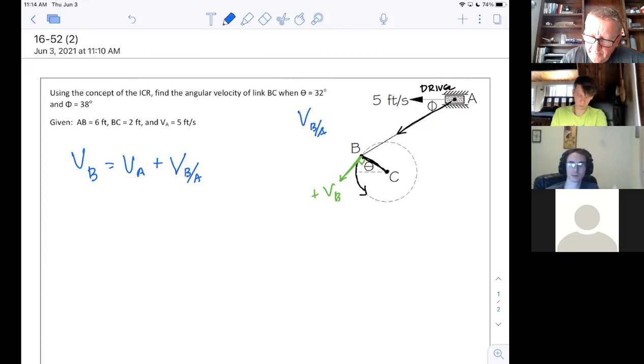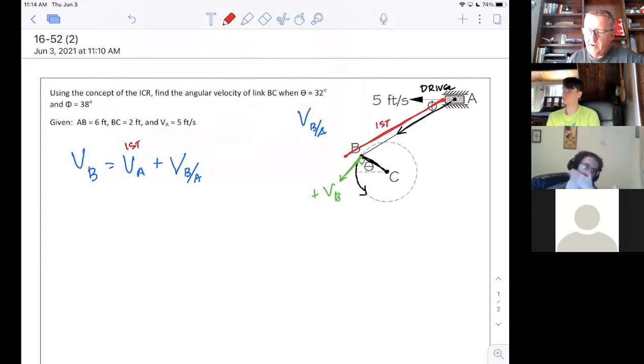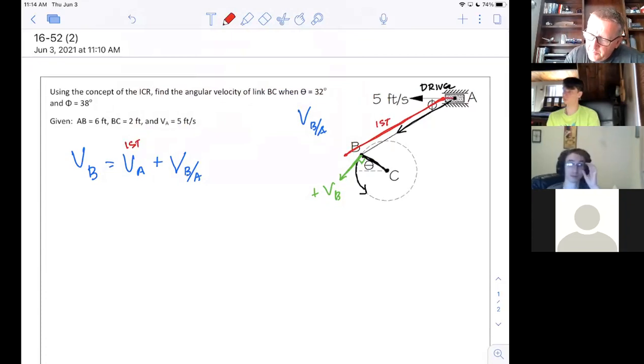So to reiterate from yesterday then, the first thing A is going to do, because I just showed it doing both at the same time. When I showed it rotated, I showed them both at the same time. But if this is the case, would you agree that that's what happens first? The velocity of A. In other words, if A moves to the left a little bit, B is also going to move to the left a little bit. That's first what's going to happen, right? But then what happens, because B can't move out there, right? It's connected to C, and it can't do that. It's not going to be allowed to do that. It's got to be forced to follow